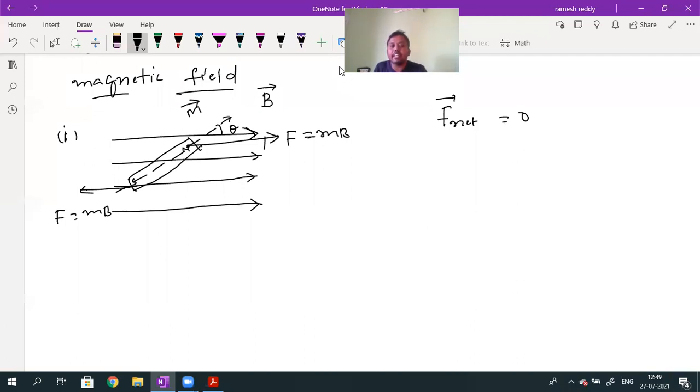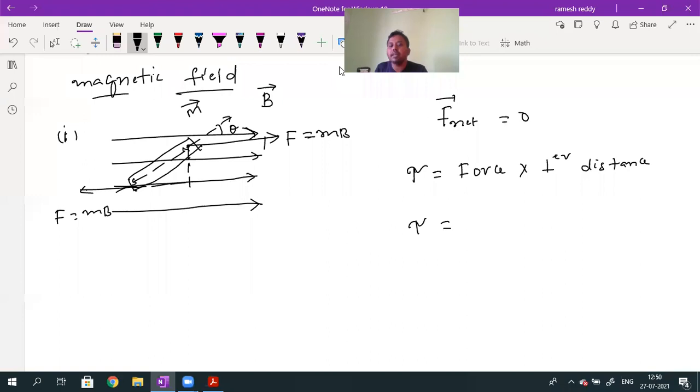But two forces are acting at two different points, so they will constitute a couple. You know that the moment of couple is called torque. If I want to calculate the torque, I need to calculate the perpendicular distance between the two forces. Derivation not necessary, so directly I am writing the torque acting on a bar magnet. Torque is the product of magnitude of either force into perpendicular distance between the two forces. We derived this for electrostatics. The perpendicular distance between the line of action of forces, that is called as a torque. So tau can be written as.